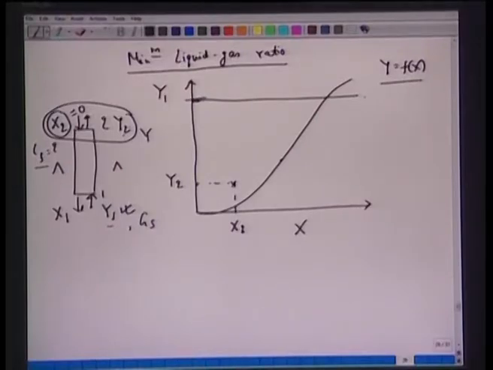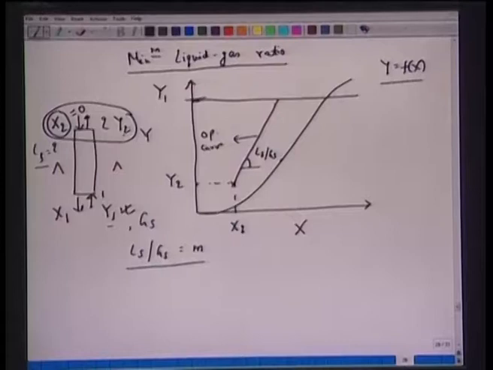But for x1, to go back to the operating curve, we have the slope of the curve given as Ls by Gs, and this curve, of course, we know is linear here. So if Ls by Gs is known to us and we want to draw this line, then typically we will have a line like this. So this would be Ls by Gs. If we know Ls, we can draw this line here, which is the operating curve, which will hit this level at y1 to give us x1.